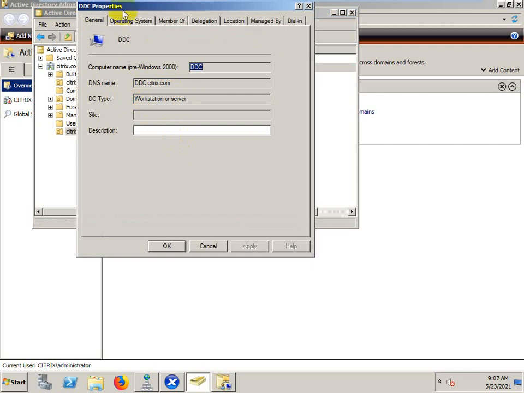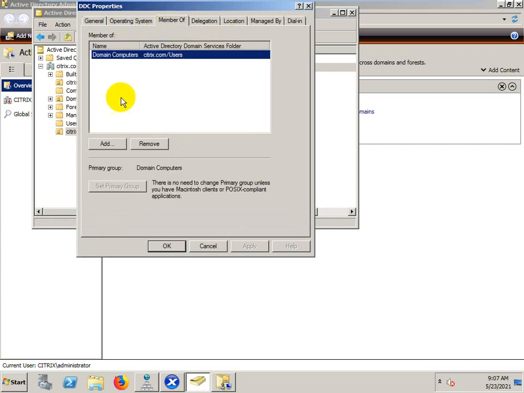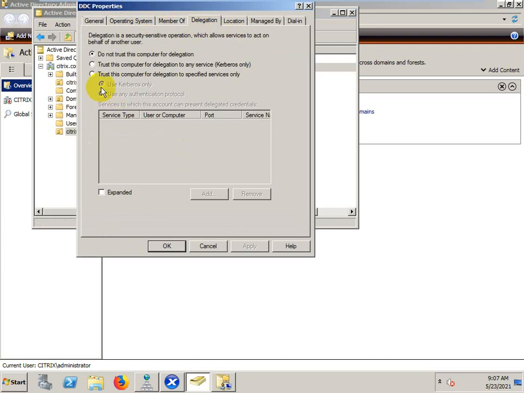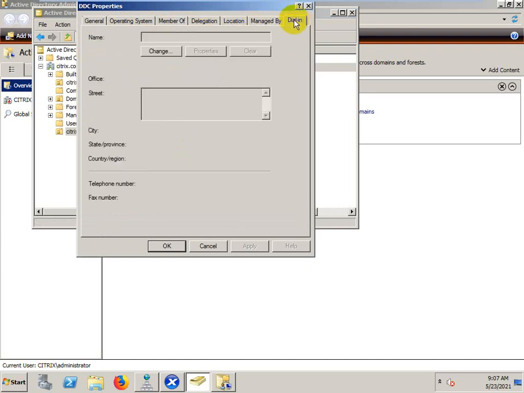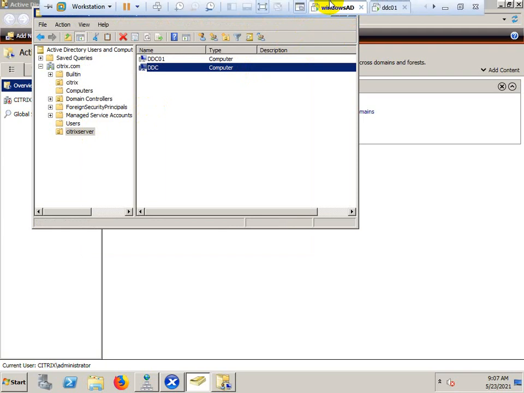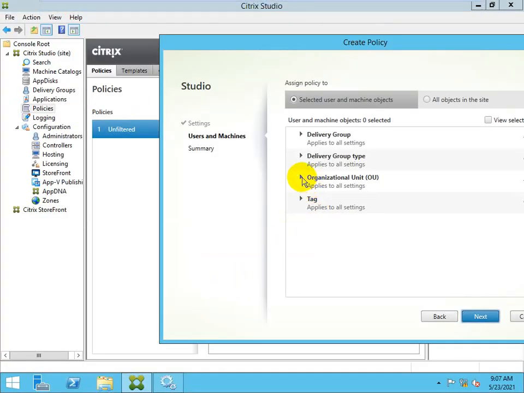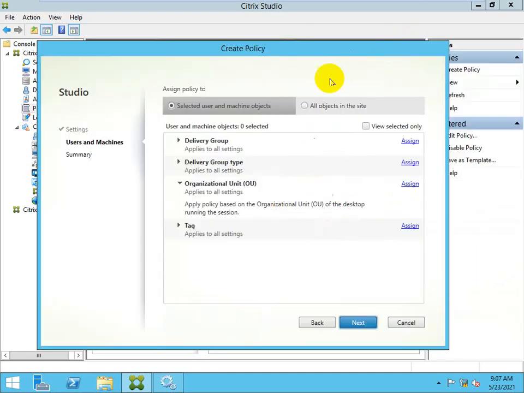This is the workstation server, operating system detail Windows 2008 R2 Datacenter, number of domain computers. Okay, no policies are updated on this organization unit. So here I can check it and apply, but I will apply on all objects in the site.